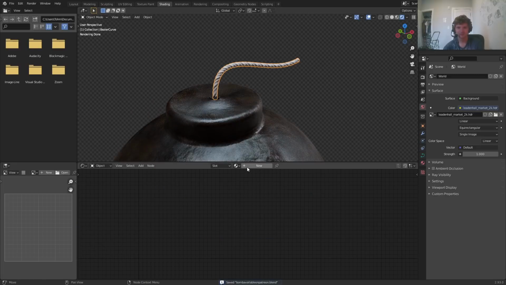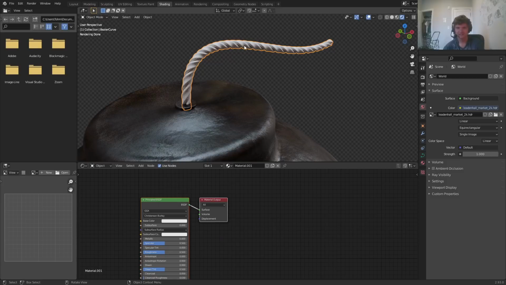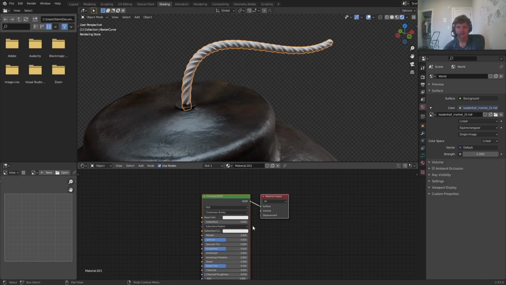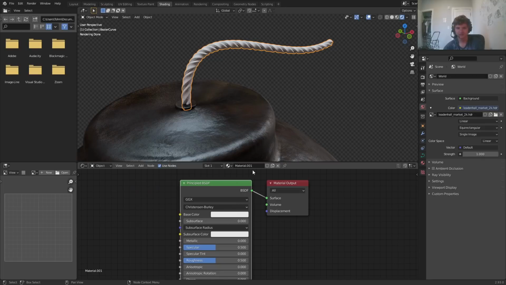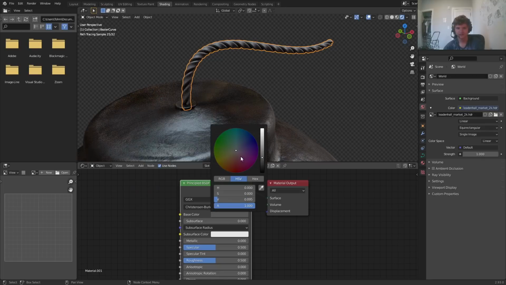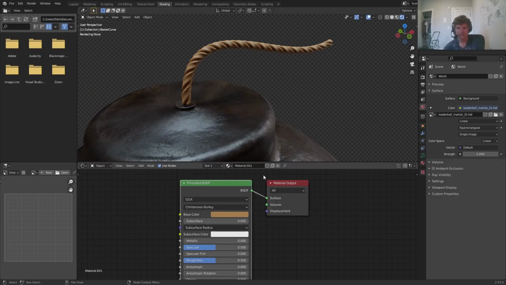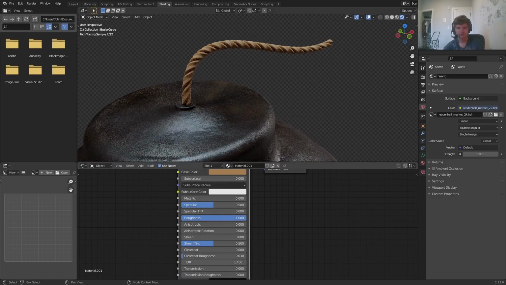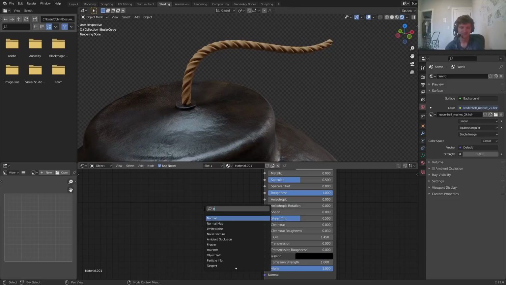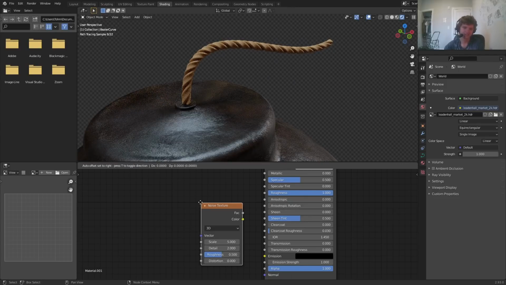Let's make a material for the rope. Most of the detail is already baked into the shape of it, like the shadowing and everything. So I think all we need to do is just have a principled BSDF that is the right color. So make it like a ropey color, whatever that means. So kind of bright, but not too bright, and kind of reddish, orangish, and very rough. Shouldn't be reflective. And then finally, I'm just going to add in a bit of surface detail again with